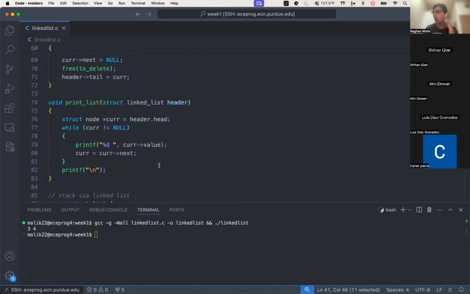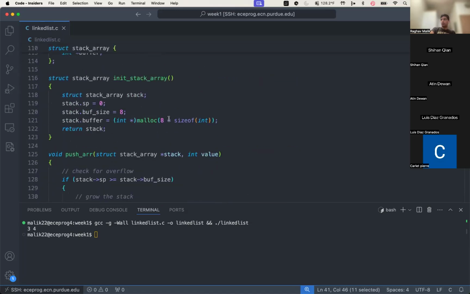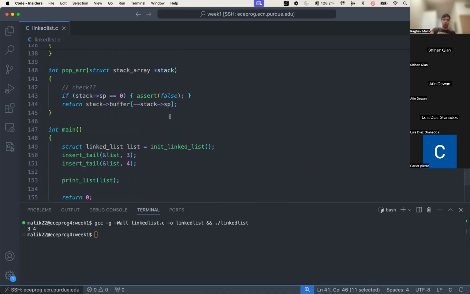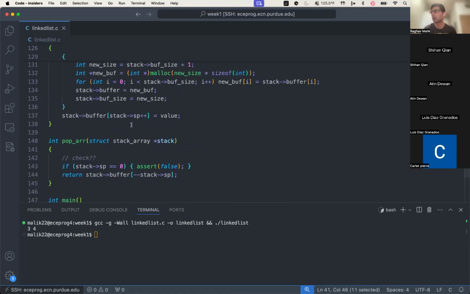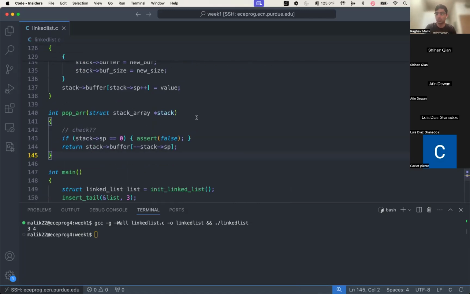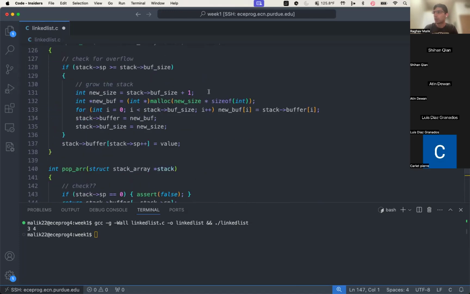Okay, so we did linked lists, we did stacks. I figured we could maybe move on to queues, unless there's questions or concerns about anything covered so far. Right. There's no questions. Let's do queues. So yeah, I guess we can start with